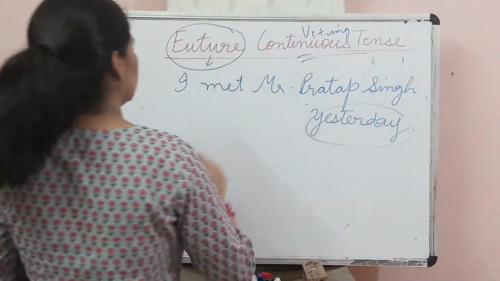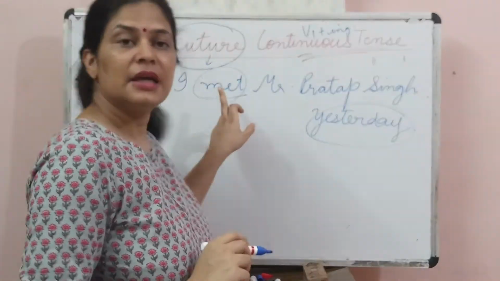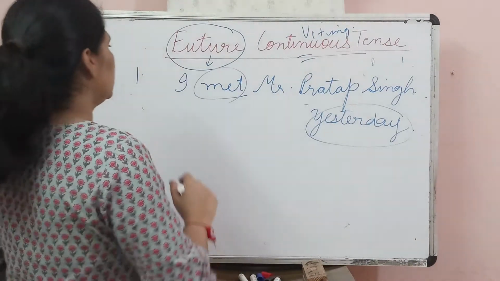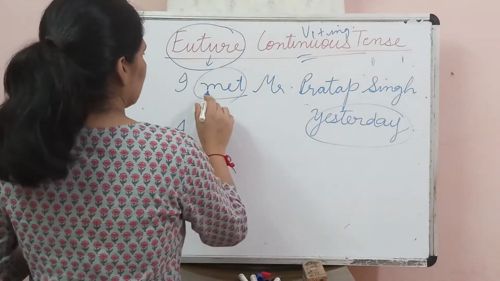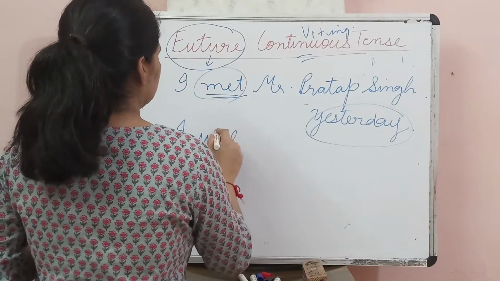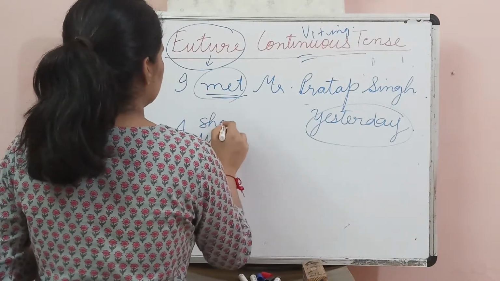One thing is yesterday, and this is the tense showing simple past. We have to change into simple future. So how to change? I met changes into will meet or shall meet. We can write here shall meet,